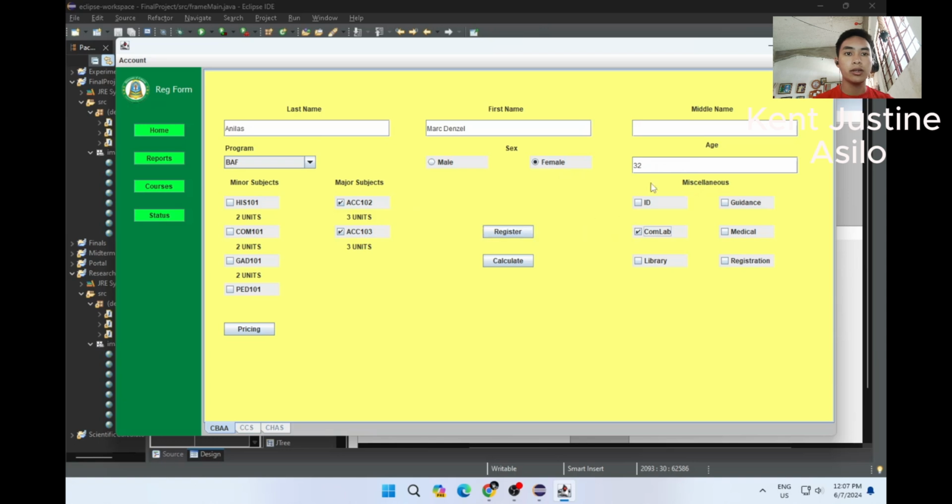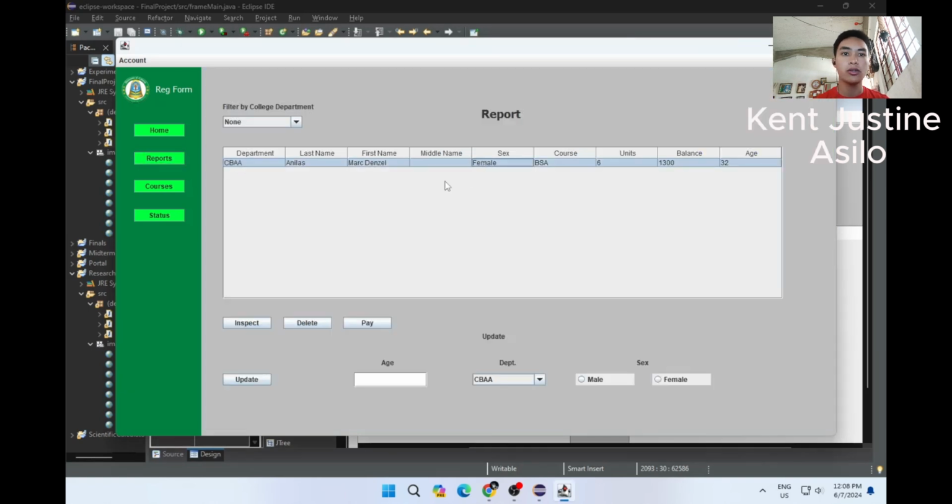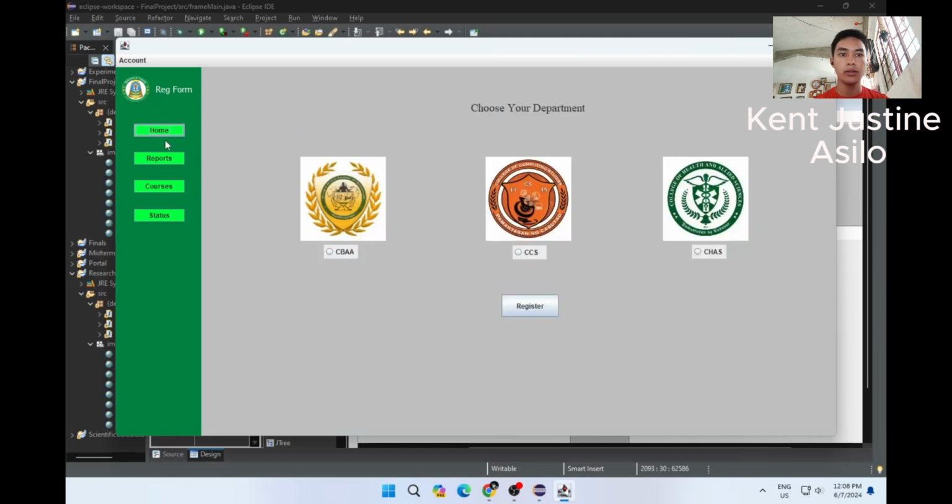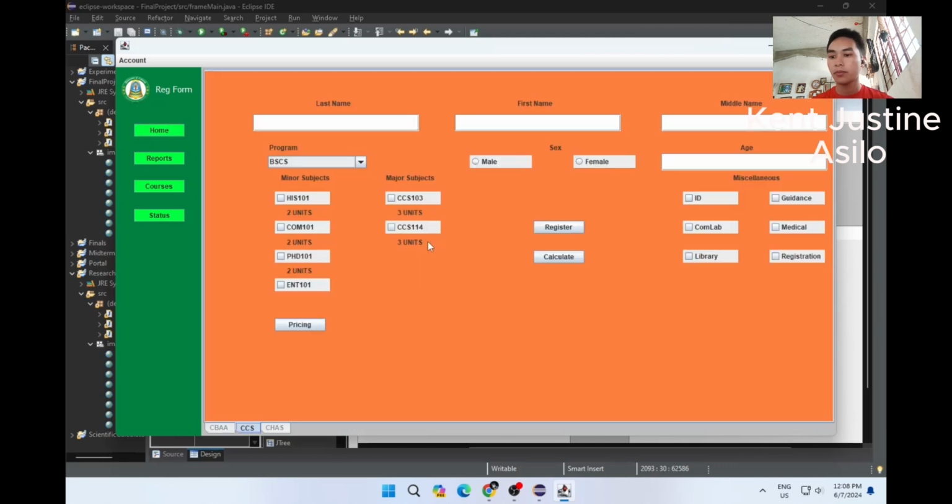In the middle name of our registration, we can leave it blank because some people don't have a middle name. So we make it user friendly. Then after you're registered, it goes into the reports. So we need many participants.